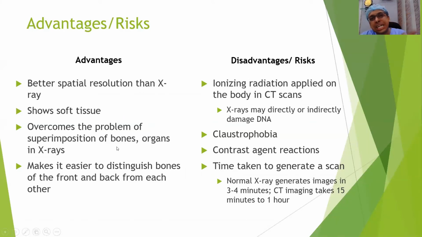For example, you are taking a knee joint AP view and the patella. There is a problem in the patella, but the patella is superimposed within the joint. In the X-ray, you cannot differentiate. There is no depth because it is a 2D method, not a 3D method. When you have 3D, you have the perception of depth. In a CT scan, if you image any joint, you get the perception of depth in understanding the different planes, what is beyond that bone, what is behind that bone. Is there any space between the bones? You can easily evaluate that. That's exactly what I was saying: the last bullet point makes it easier to distinguish bones from front and back, and from each other.